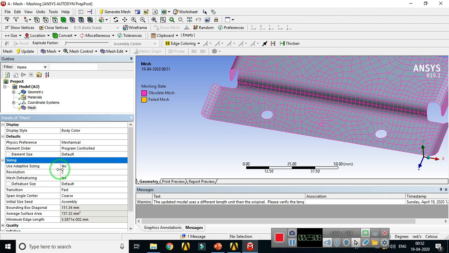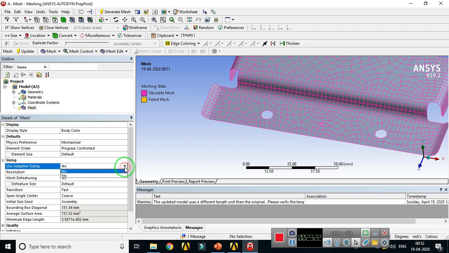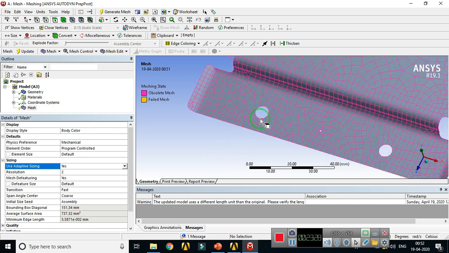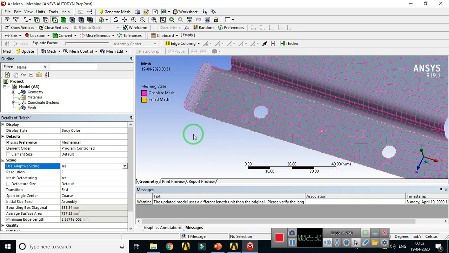Whenever our geometries consist of important regions of high curvature or close proximity of surfaces, it is recommended to keep this setting as yes. When you keep it as yes, it will consider your curvatures and your proximity surfaces.